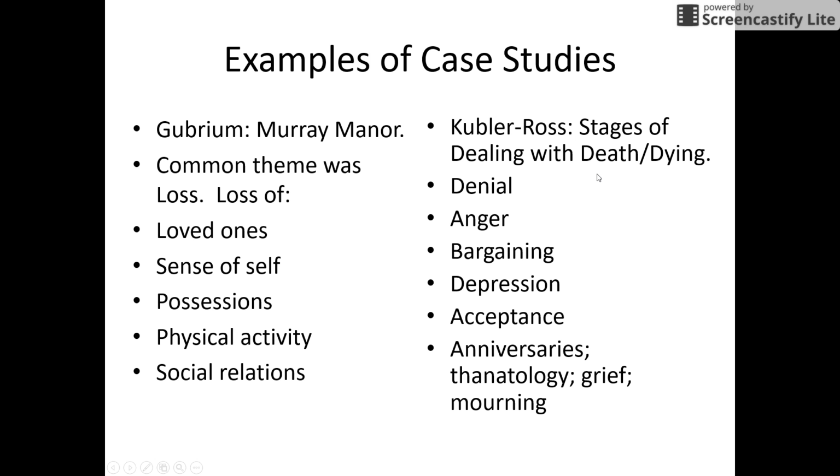On the right, another case study: Elizabeth Kubler-Ross talked about stages of death and dying. Now, I want you to know these. I want you to know the main theme here for an exam question, and the stages for another exam question. The ordering, the characteristics. So here you go. Over here, Kubler-Ross talks about what people deal with when they're dying, or when a loved one is dying, or when a loved one dies.